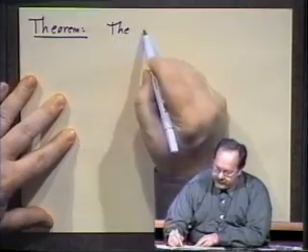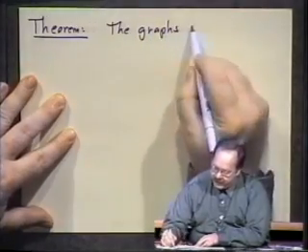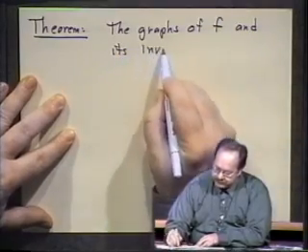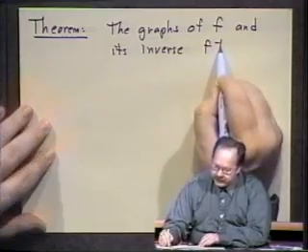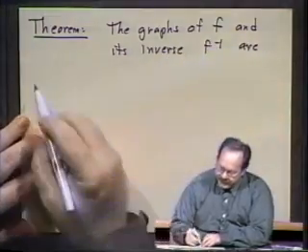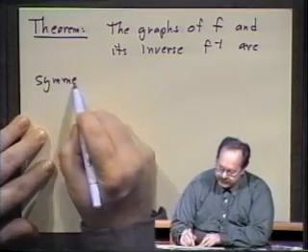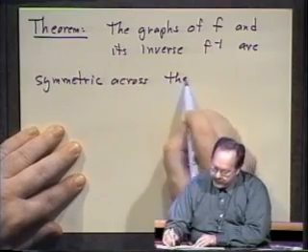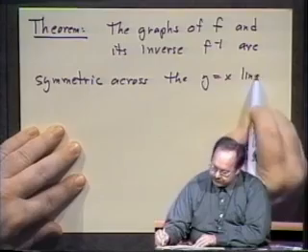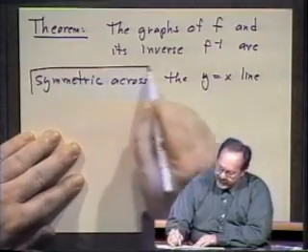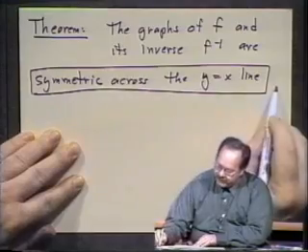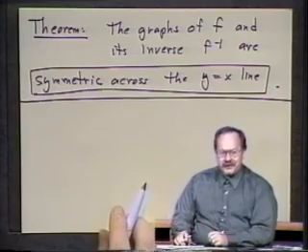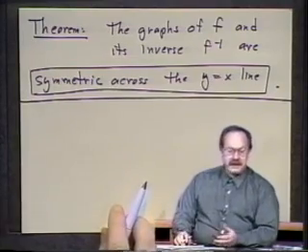The graphs of f and its inverse, f inverse, are, and here is the fact about them, symmetric across the y equals x line. So that is the connection between the graph of the original function and the graph of its inverse, which means if you know the original function and you know its graph, you can immediately draw the graph of the inverse